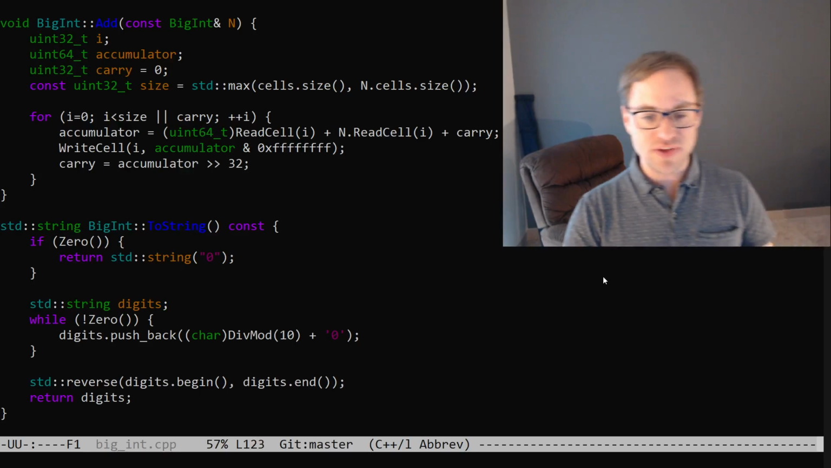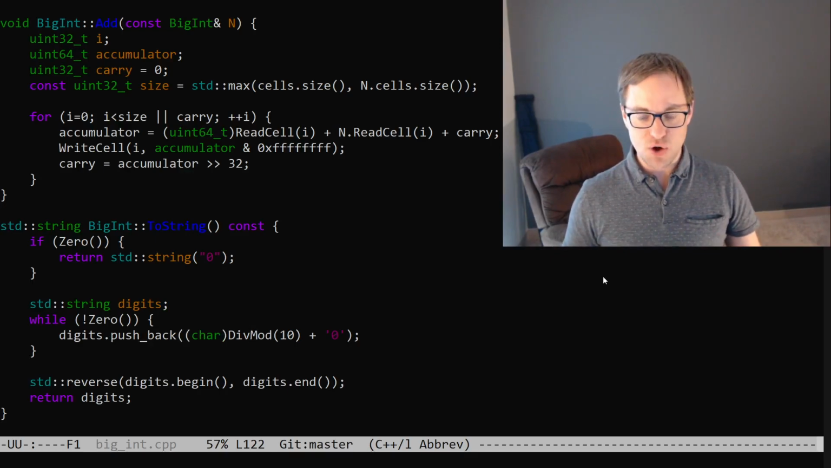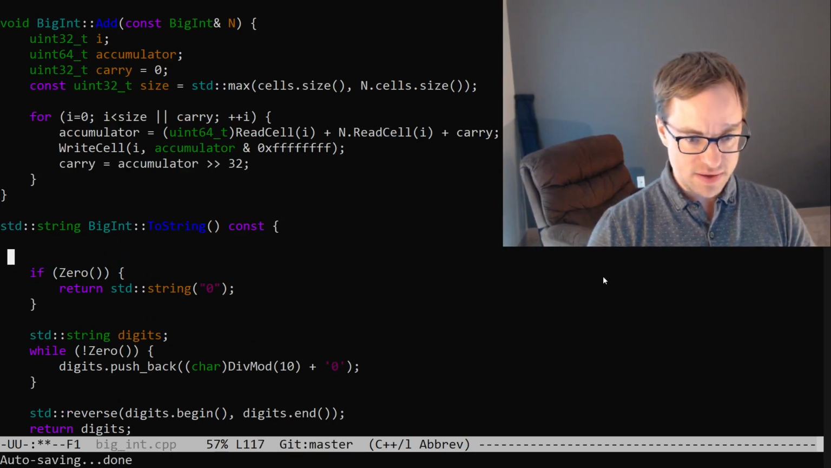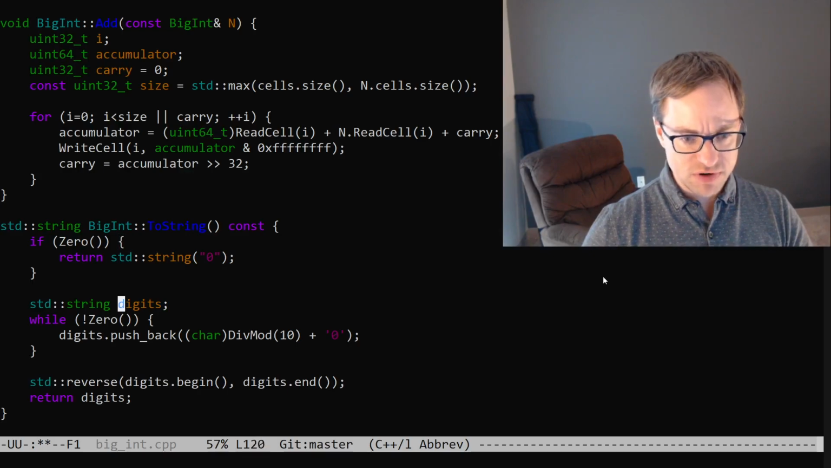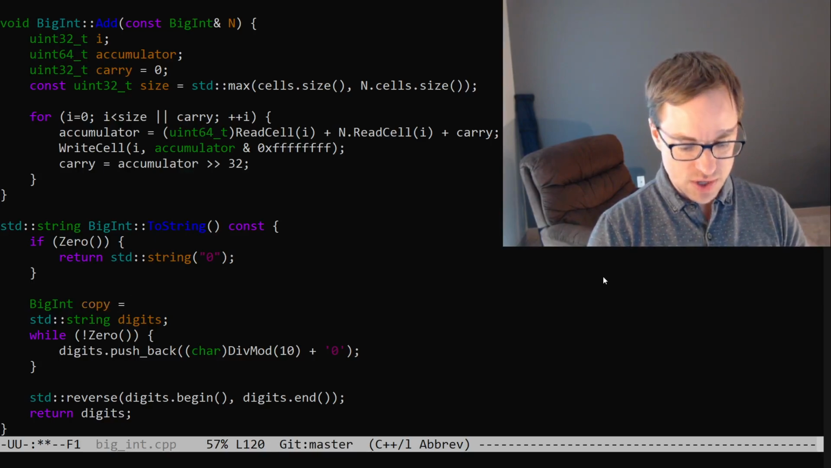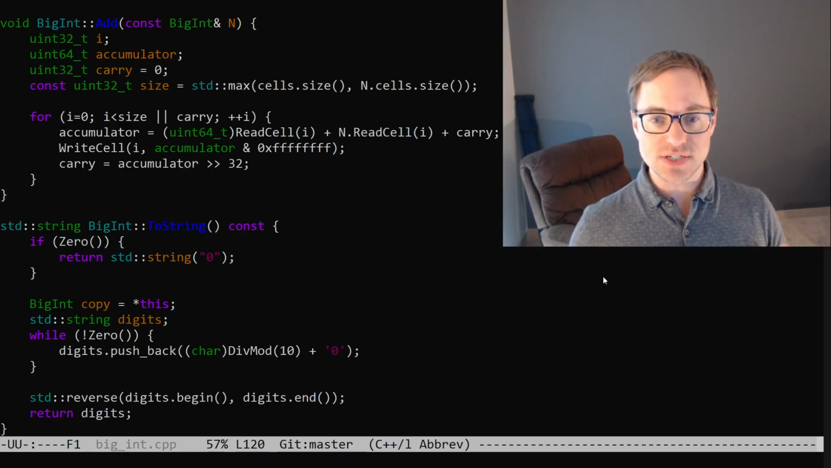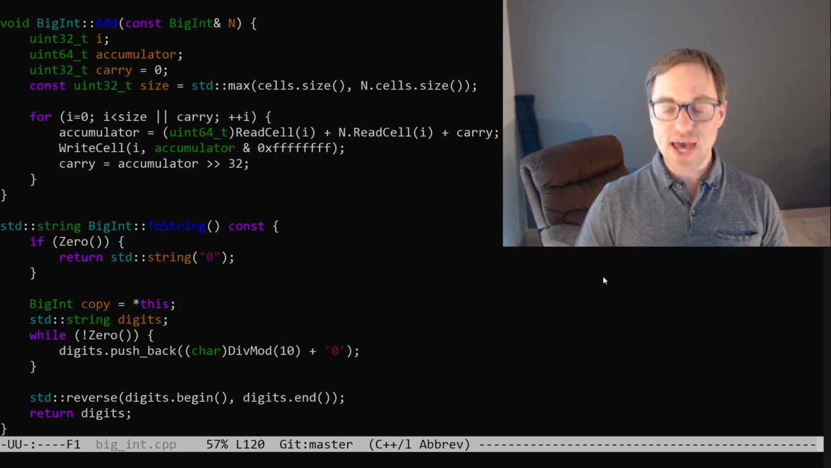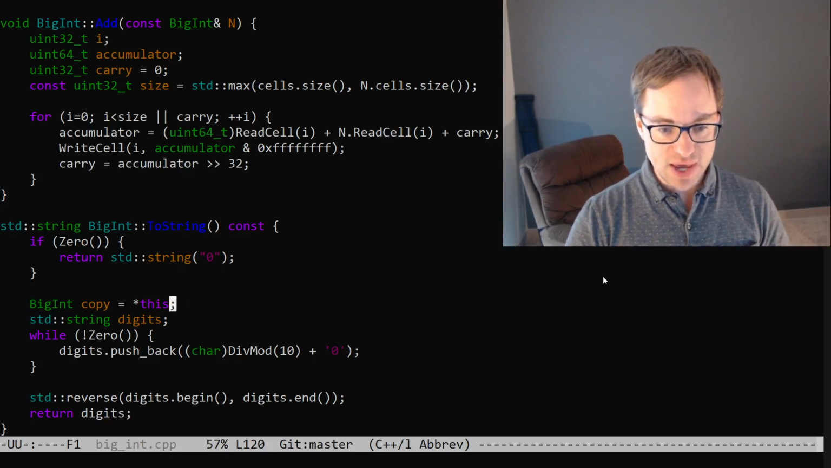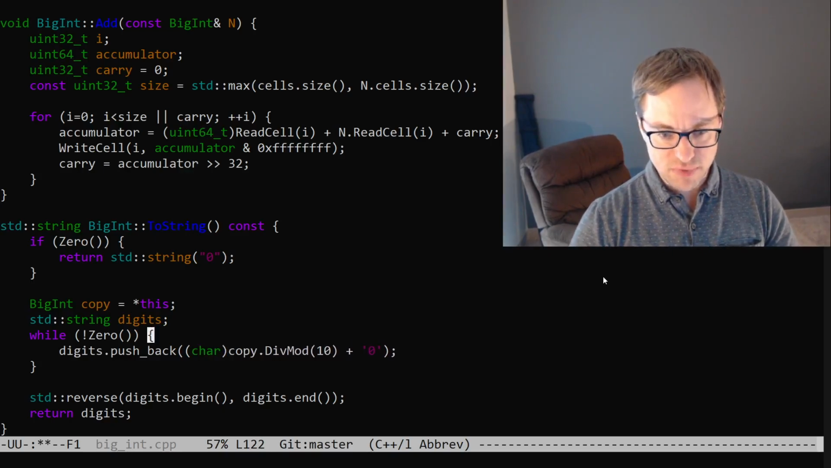And the problem with this approach is that this div mod modifies our big integer. What we need to do is say something like, I suppose we can do that after 0. We can say BigInt copy is equal to star this. Because converting to a string is a destructive process, because we have to divide by 10 repeatedly and take the remainder, and that destroys the original big integer. So we need to make a copy, and then we can say over here copy.divmod, and here